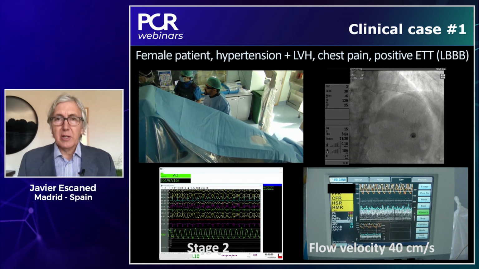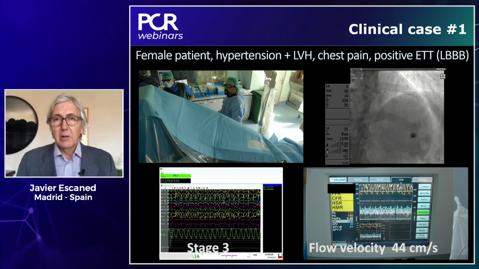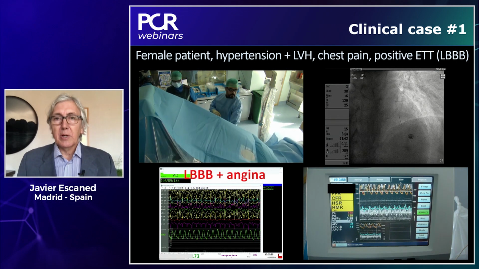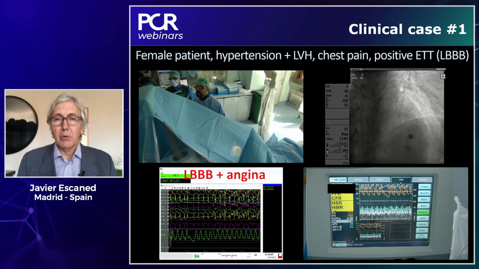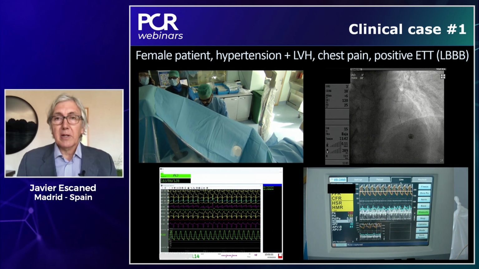But what is more striking is that as she increases exercise, as we progress through the Bruce protocol, there is no increase in coronary blood flow. So in a very dramatic way, you can see that myocardial oxygen demands do not trigger an increase in blood supply. And this comes to a point where the lady has chest pain, and exactly like it happened in the non-invasive exercise tolerance test, she develops a left bundle branch block. We stop at that